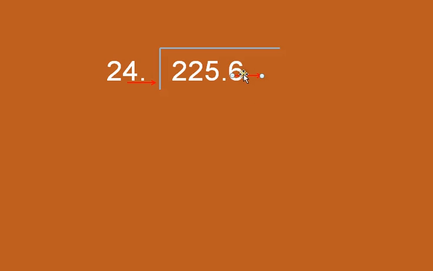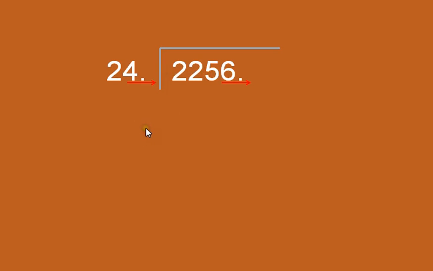Okay, so for every amount that I move the decimal to the right outside, I have to move it inside as well. So I'm going to get rid of it right here and move it over to the outside. Boom. Okay. Now I can just continue to divide like I normally would. Okay, I know how to divide